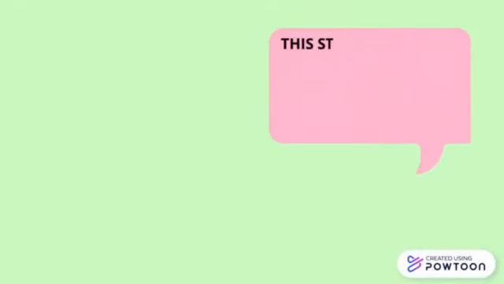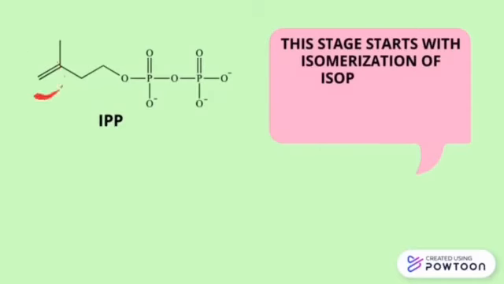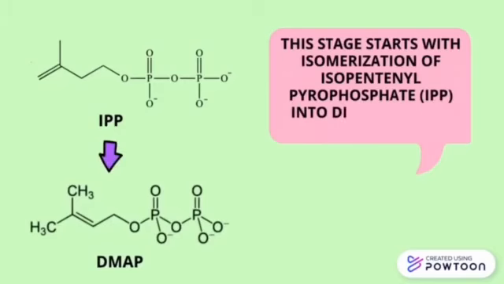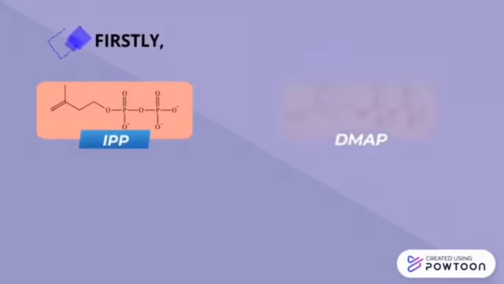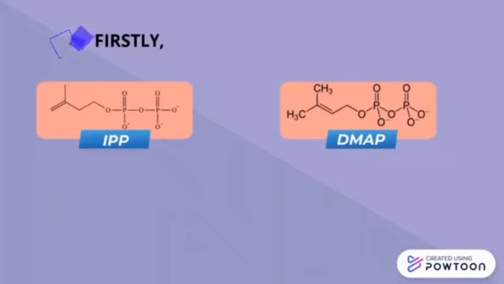This stage starts with isomerization of isopentenyl pyrophosphate, IPP, into dimethylallyl pyrophosphate, DMAP. Let's move on. Firstly, 1 molecule of IPP and 1 molecule of DMAP